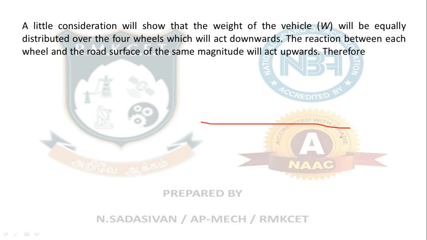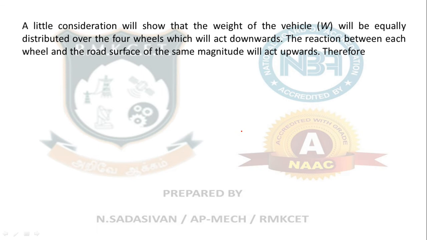Let us say this is my road surface. My car is standing here. I am just drawing with a mouse, so the diagram is very approximate. Don't consider that. I have a car. The entire weight of the car is going to act downwards through the four wheels. I can see only two wheels in this view, and behind these there are two other wheels. This force is the weight of the car, and I am going to get some reaction force from the road surface. That reaction force is numerically equal to this force acting downwards. Keep that in mind. We are going to consider only reaction forces in this derivation. All reaction forces will be considered.